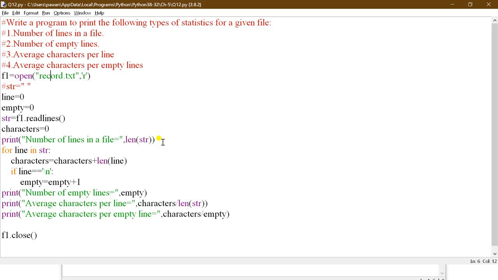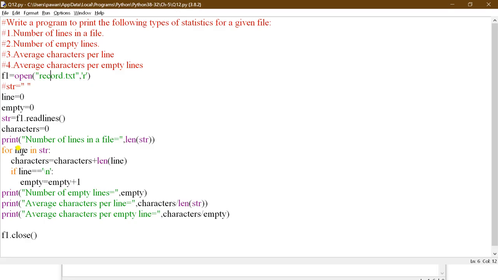it will calculate the total length, that is how many indexes are there. Now for line in str, so now it is running the loop. Here the first line it will check. Then characters, it will find the characters. Now characters is characters plus length of line.